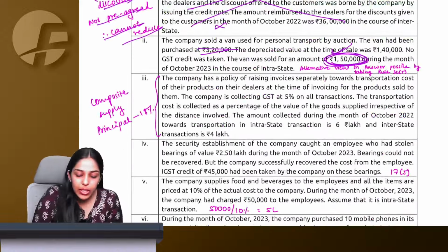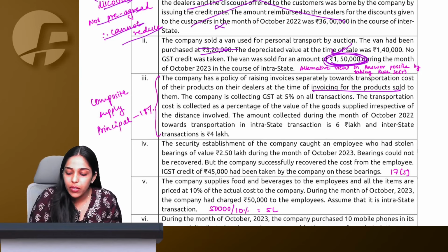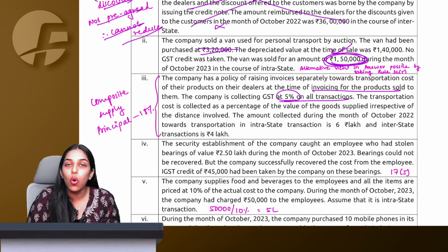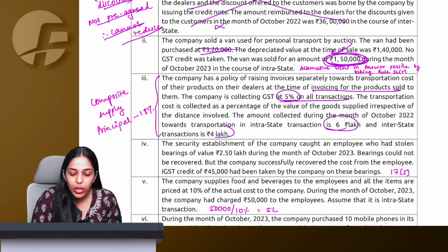After that, the company has a policy of raising invoices separately towards transportation cost of their products on the dealers at the time of invoicing sold to them. Company is collecting GST at 5% on all transactions. The transportation cost is collected as a percentage of the value of the goods supplied irrespective of the distance involved. The amount collected during the month of October towards transportation is 6 lakh on intrastate basis and 4 lakh on